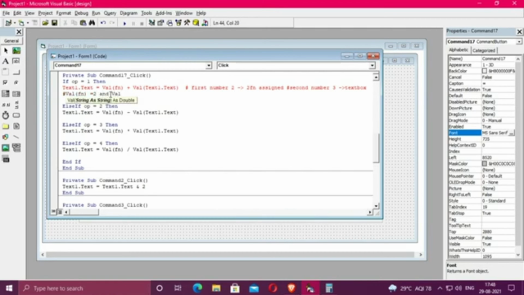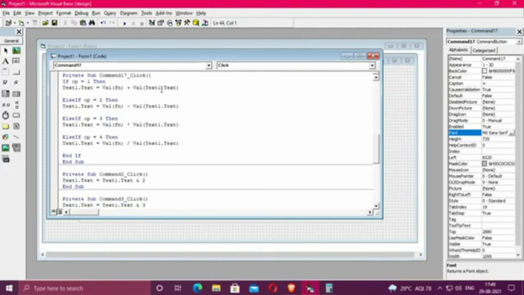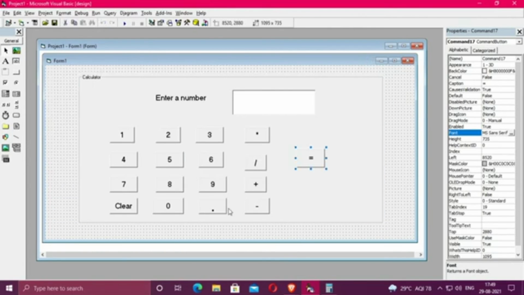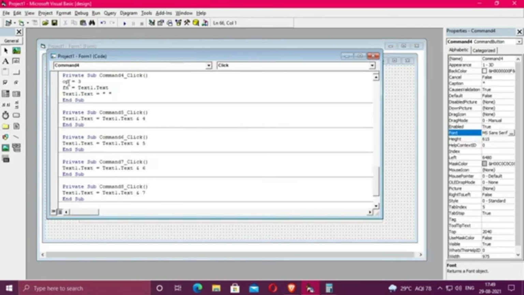So here what we are performing is the fn value plus the text box value. We have given the current value 3, we have to add both, so that it will add and show us the answer. That's why we wrote this code. I wrote this code for you people to understand. I have now removed this. In a similar way, for option 2 and everything, I have given it in the same way. Now almost all the coding is over.